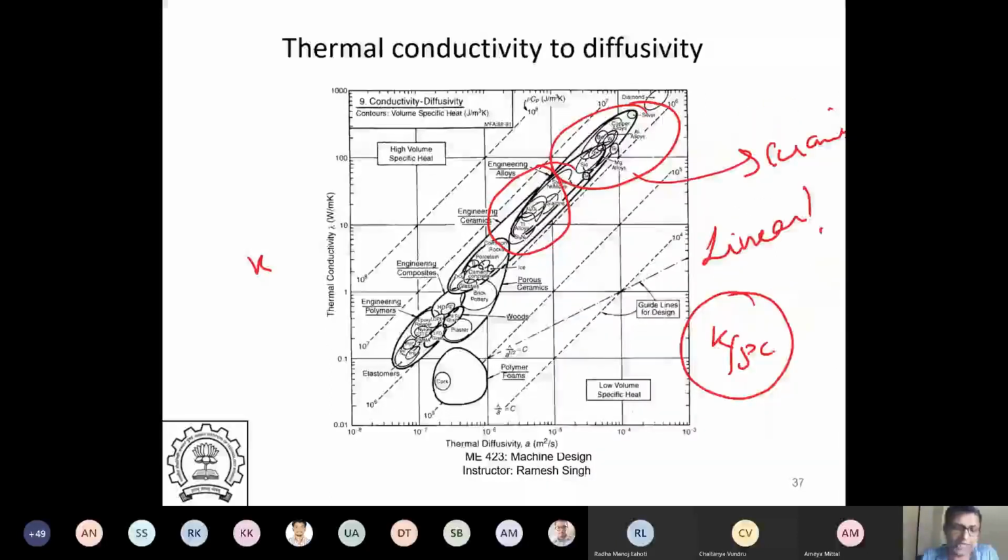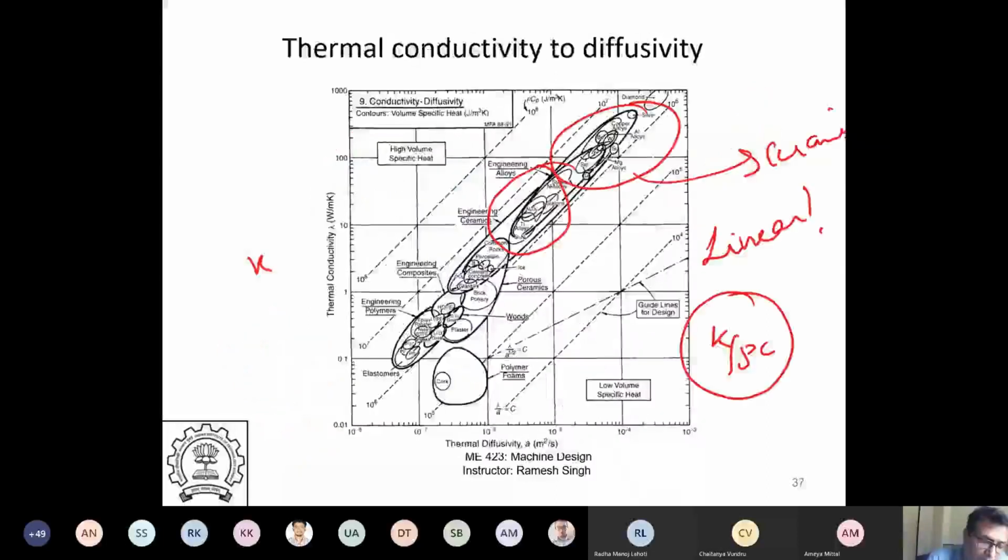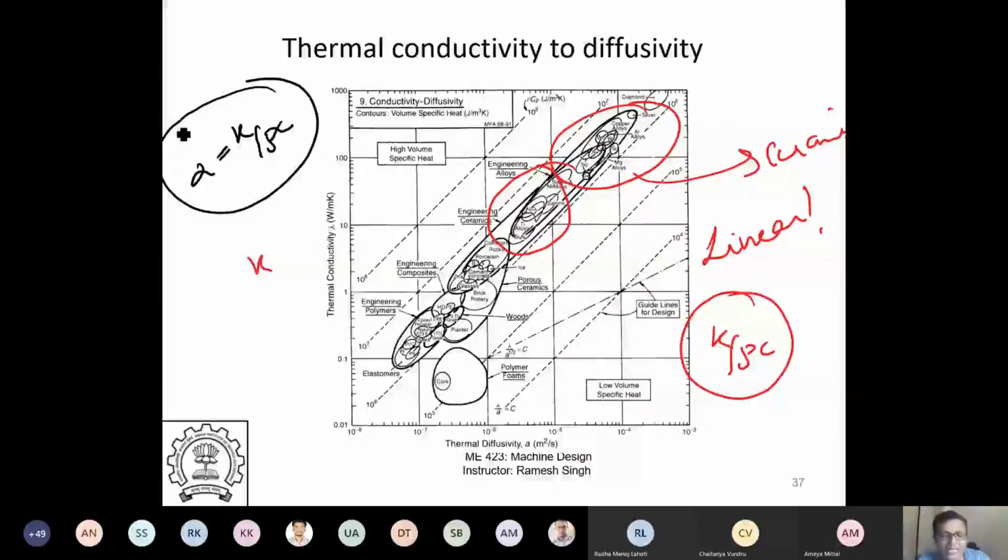Now, one of the other very good things is thermal conductivity and diffusivity, right? So thermal conductivity and diffusivity primarily. Sorry, let me just go back. So diffusivity alpha is equal to K over rho C. So typically it should be linear because alpha is proportional to